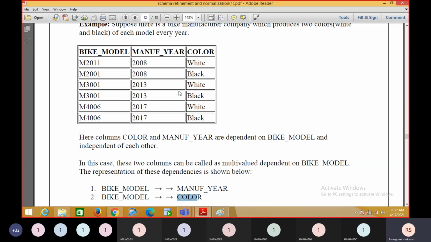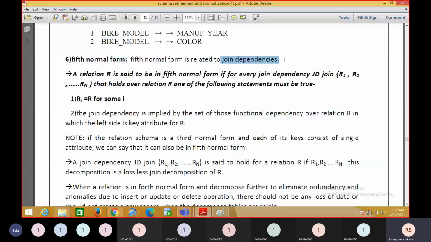Next, fifth normal form. The fifth normal form is related to joint dependencies. A relation R, that means one table we have, is said to be in the fifth normal form if for every joint dependency, JD, meaning joint dependency,